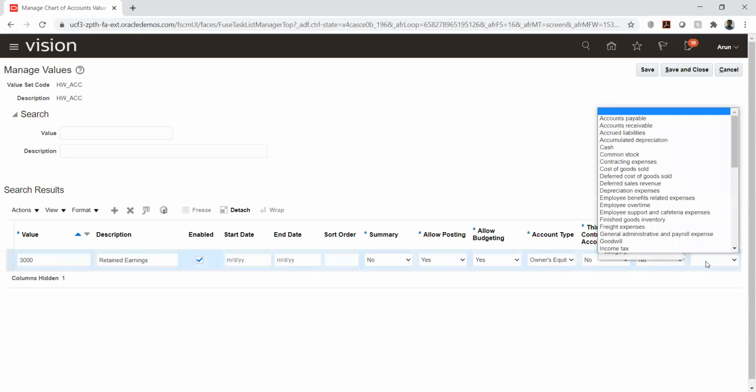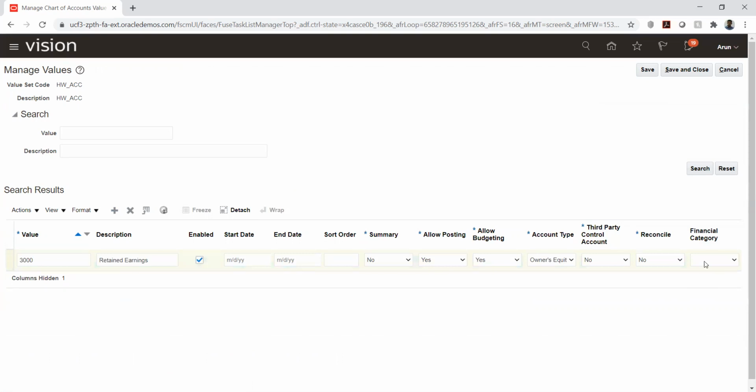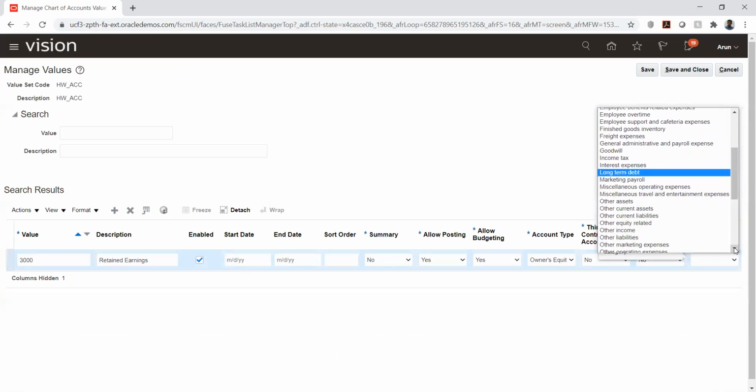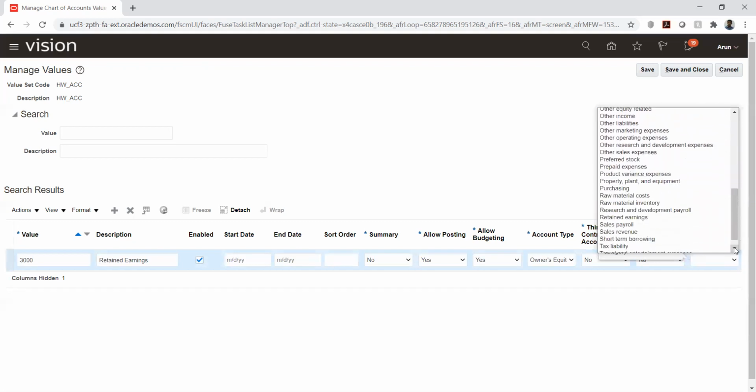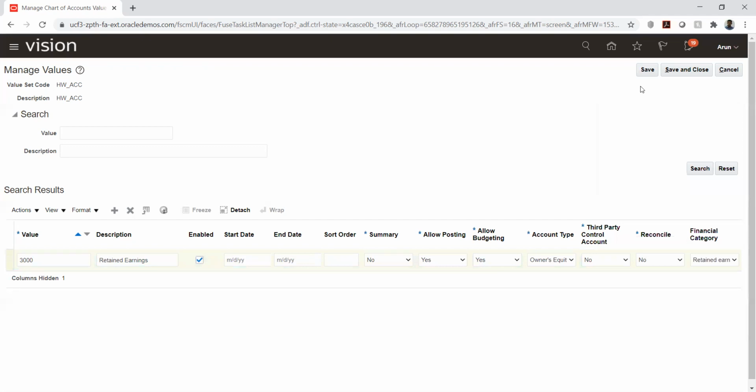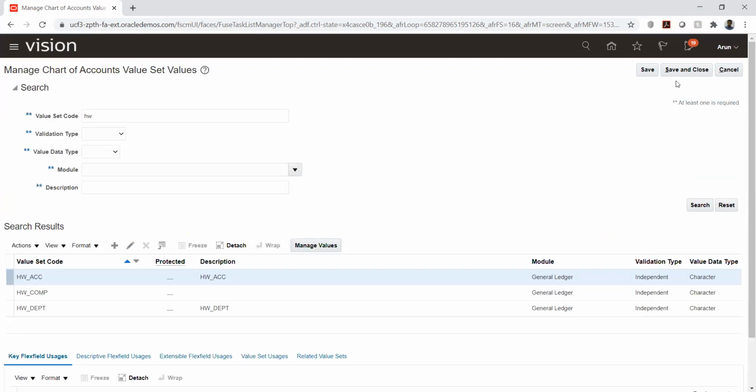The only thing added that we don't have in EBS is the financial category, so we can categorize our accounts. I'll just say this is retained earnings. So we have created a few accounts as well.